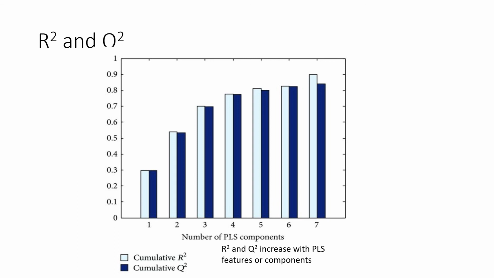As you add a few more components, this is equivalent to adding more metabolites to the model, the model performance improves. And it maxes out around 4 or 5 components, meaning it could be 4 or 5 metabolites or combinations of metabolites. You can also see how R squared and Q squared are basically the same throughout the entire plot. So that's one way of assessing a performance. Another